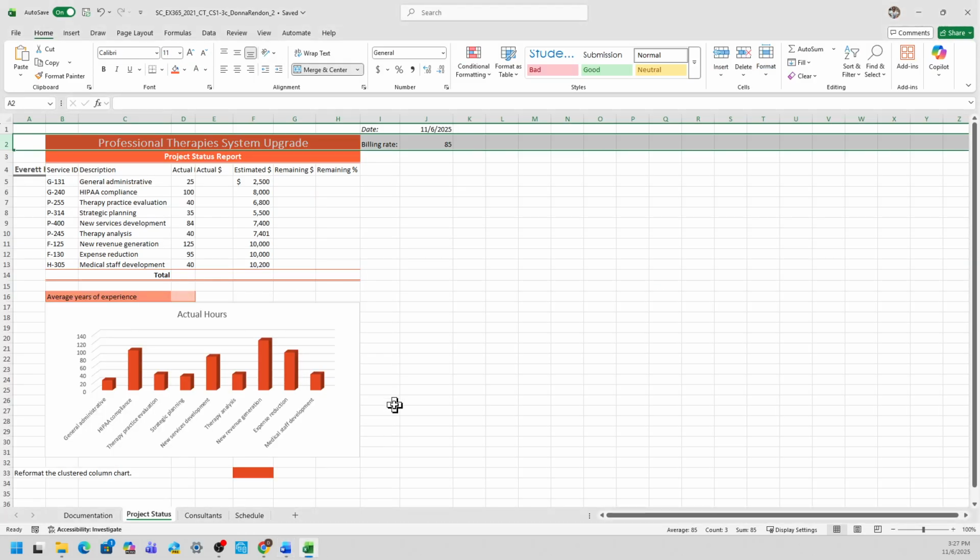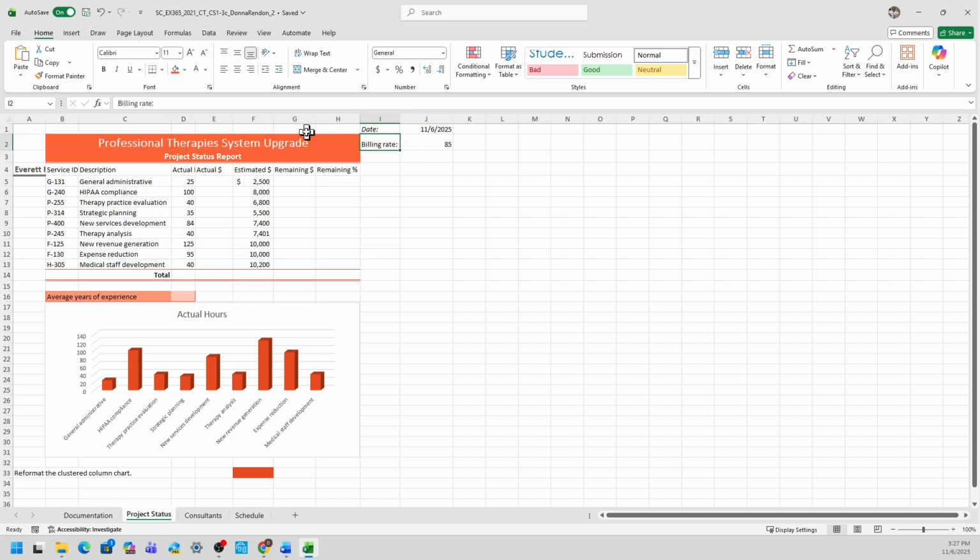Back to the instruction and then go to I2 here. We just need to select I so that this is the same format as the I1, which is the date. Okay, and then go to J2 here and then we're going to apply the currency